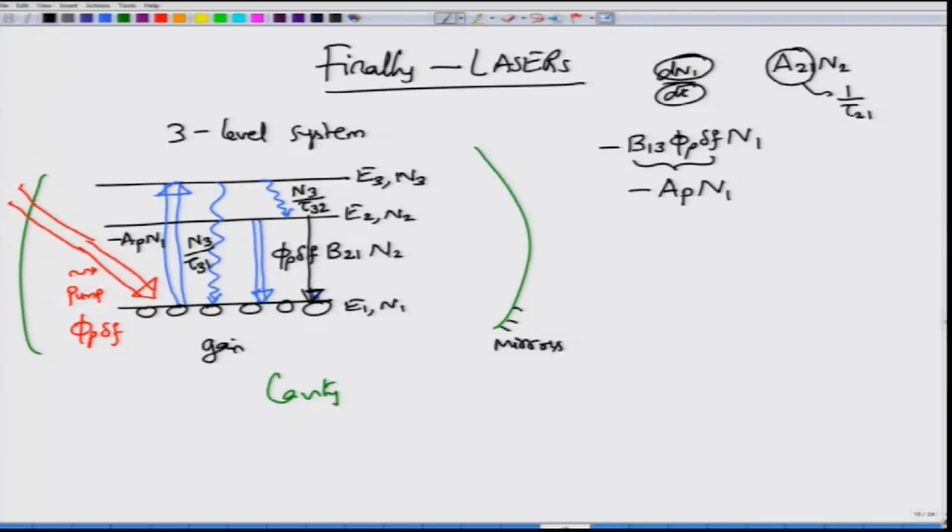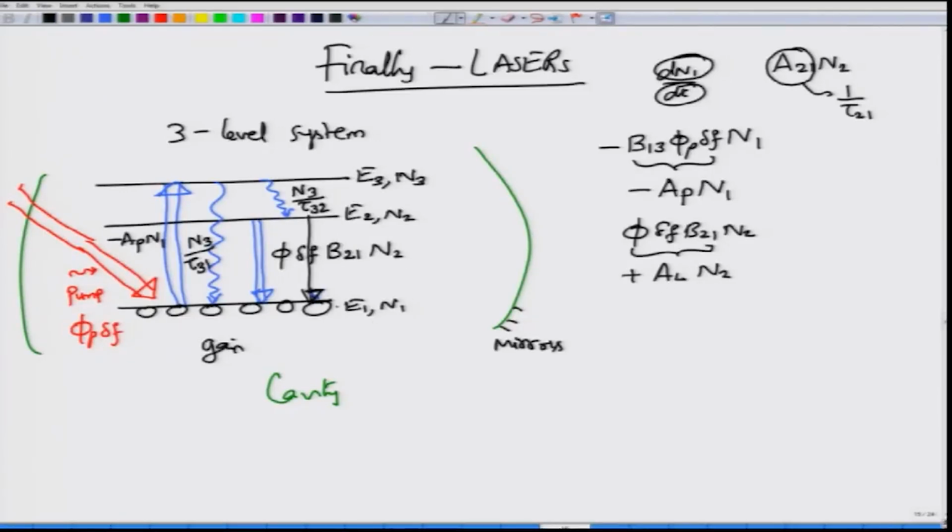I have written this as phi p delta F B21 times N2 as the stimulated emission case, and just like the previous one, this is not phi p, because this is not the pump photon density. This is just phi delta F B21 N2, and phi delta F B21, or B12 because B21 is exactly equal to B12, can be written as AL. So what you have is AL times N2, and this is a plus as far as the energy level